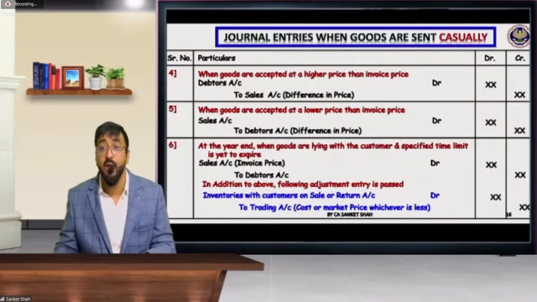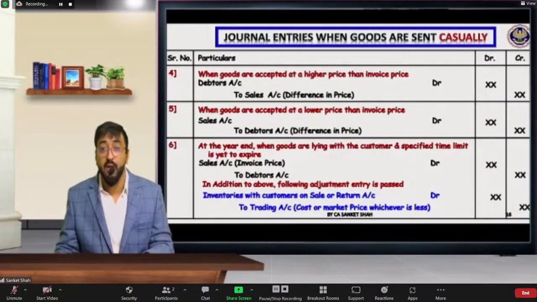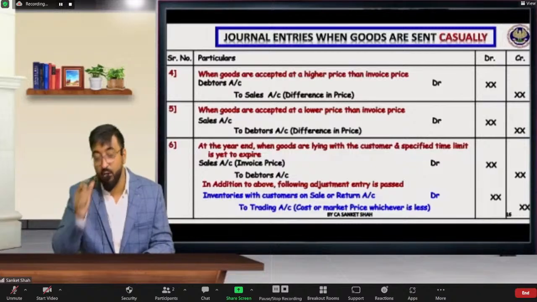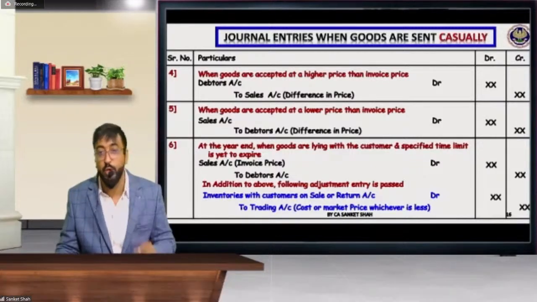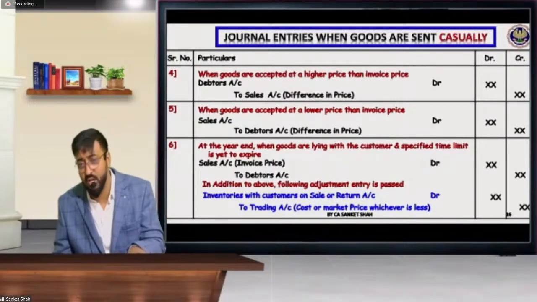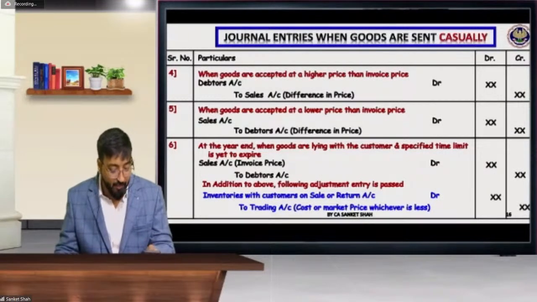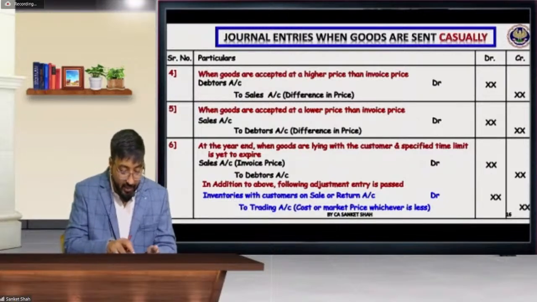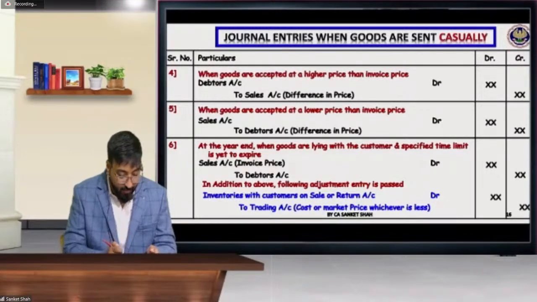And if goods are lying with the customer on 31st of March and specified time is not yet over, so cut-off date that is on 31st March, you are going to pass the entry sales account debit to debtors, that you will reverse the income, और book किया था income वो reverse हो जाएगा, and inventory is lying with the customer on sales or return account debit to trading account, cost or NRV whichever is lower, वो प्राइस पे आप रिकॉर्ड करोगे ये एंट्रीज. तो ये था आपका पूरा का पूरा एंट्रीज. बिफोर ब्रेक आपने ये किया था. नाउ आफ्टर ब्रेक